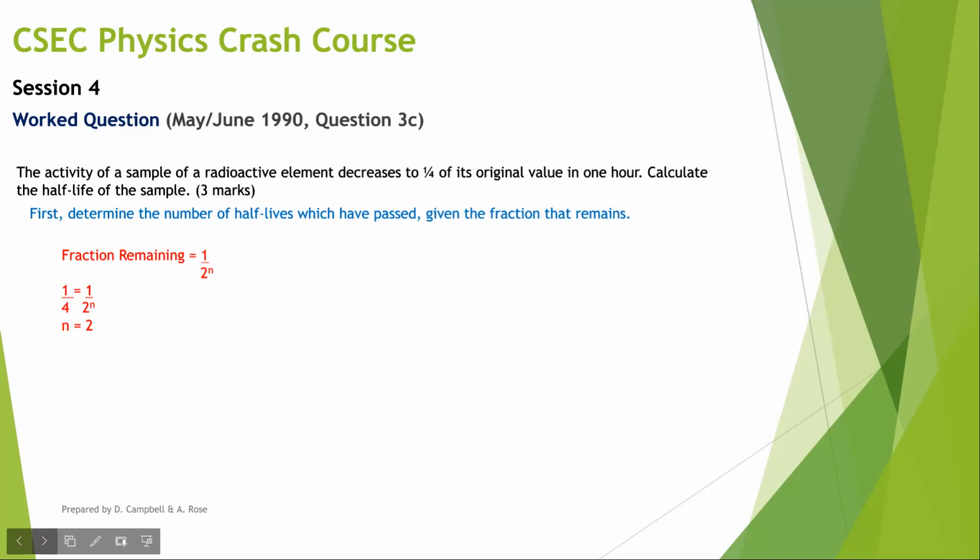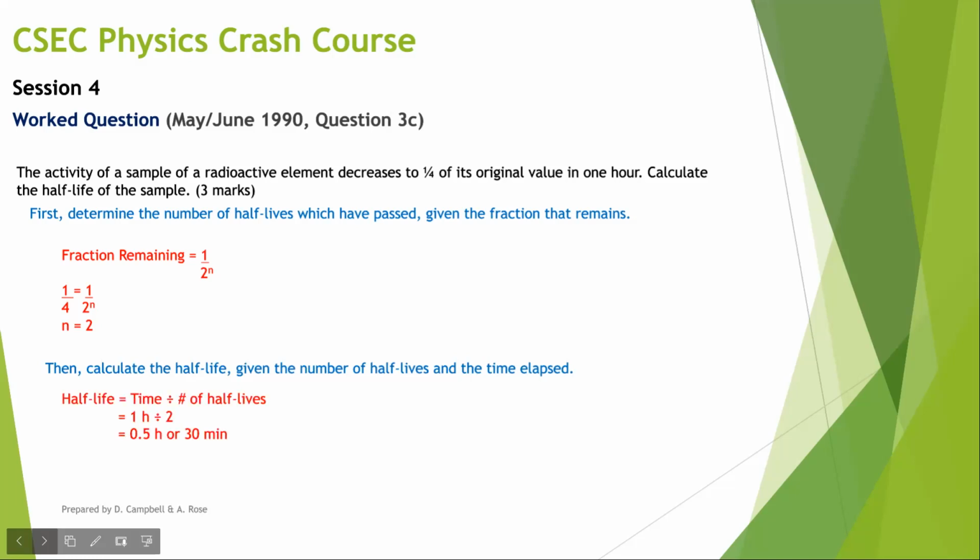So if 2 half-lives have passed and it takes 1 hour for 2 half-lives to pass, then we can calculate the half-life knowing the time that has passed and the number of half-lives. So the half-life is equal to the time elapsed divided by the number of half-lives. That would be 1 hour divided by 2, and that gives us 0.5 hour,